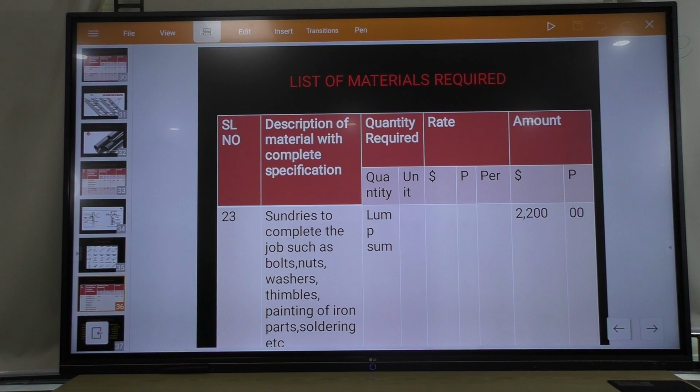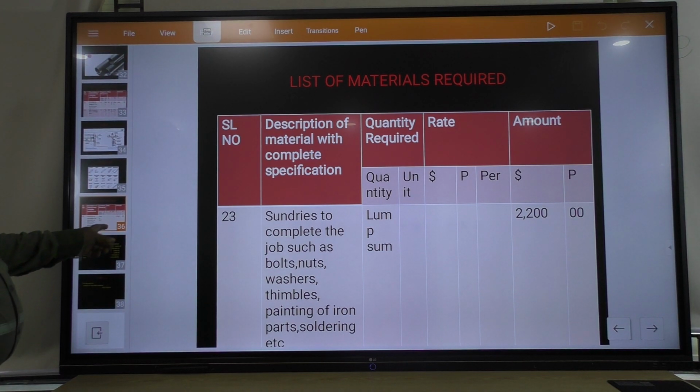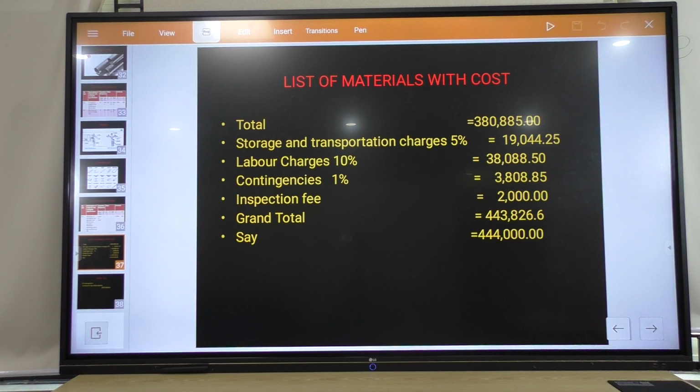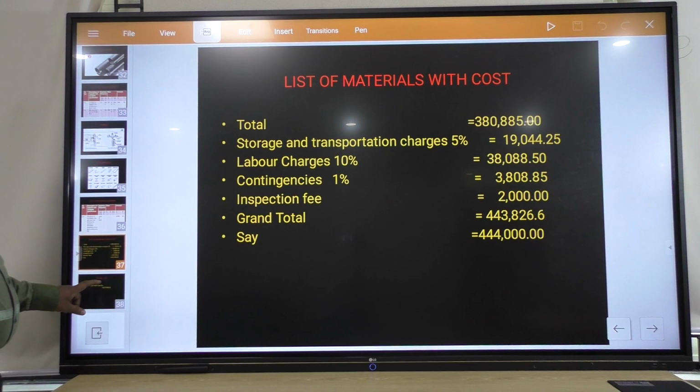Next, sundries to complete the job such as bolts, nuts, washers, thimbles, painting of iron parts, soldering, etc. Lump sum required approximately. Next, transportation charges, suppose 5% of the total cost, labor charges 10% of total cost, contingencies 1%, inspection fees. So total grand total is coming to 4,44,000. So this is all about the